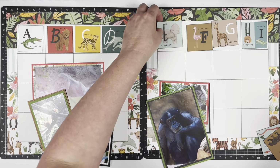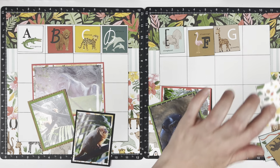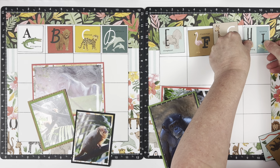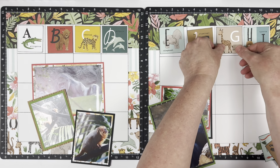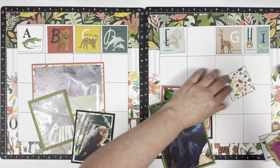Okay, I have my whole top row that I need. I'm going to go ahead and put those down. And this is why I didn't get to use any of this gorgeous jeweled paper. I would have loved to do that, but I really wanted these. Now, I'm probably going to go into a second pack of this paper. So that'll give me the ability to highlight the other papers that I didn't and use some of the other